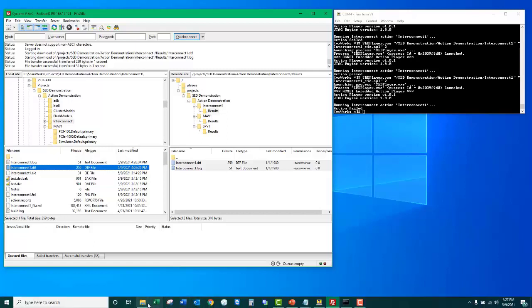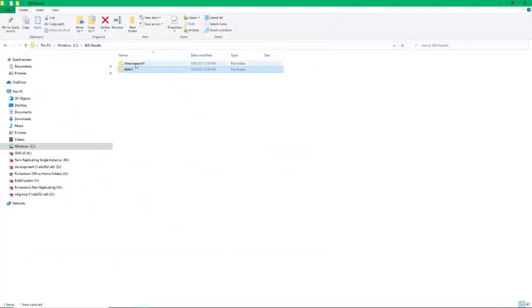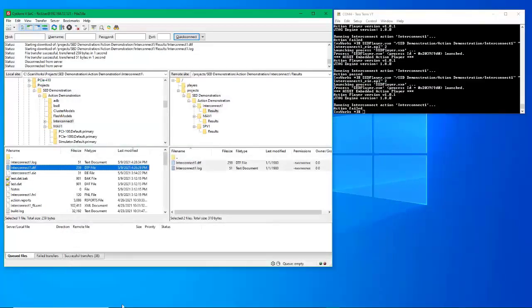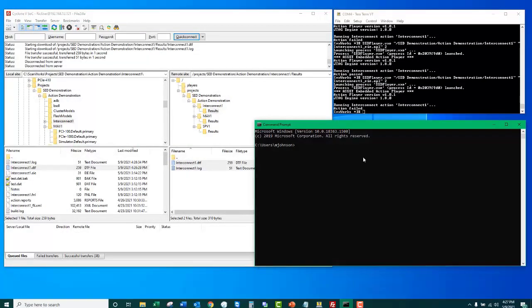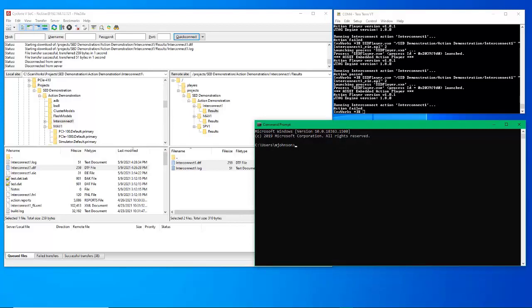And we'll run that, and we'll put the results in this interconnect 1 folder that I've created. Right now you can see there are no files in the interconnect 1 folder, but once I run swdiagnose, we'll see a .res file appear in this folder, and it's a text file, so we can open it up and see what the actual failure was. Okay, so to do that, I have a command window here, so we'll just run that. This is just a regular Windows DOS command that will run. So I've got that command